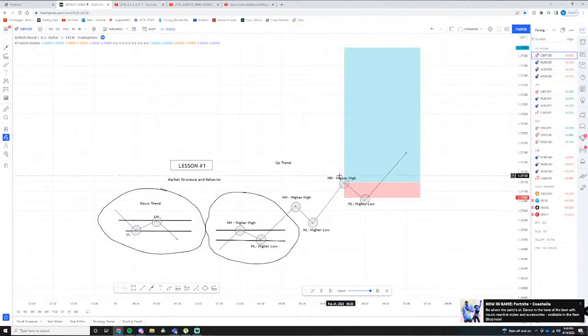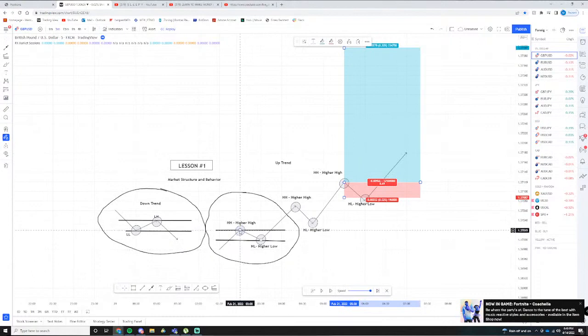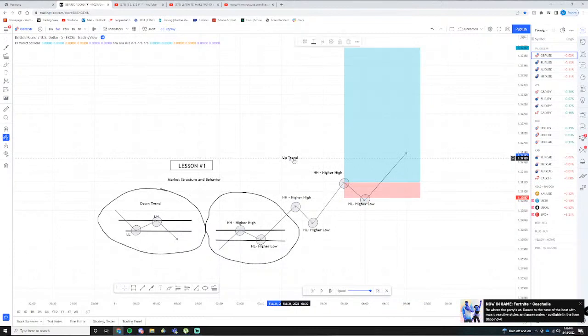Why is this wrong? Well, first off, you're trading at the higher high, right? It's like all those memes you see on Instagram: don't buy high, sell low. This is what you're essentially doing in this scenario. You're buying high. We know, before you take this trade, that in an uptrend the market is going to create a higher high, a higher low, and then another higher high. So if the market just created a higher low and pushed all the way up here,